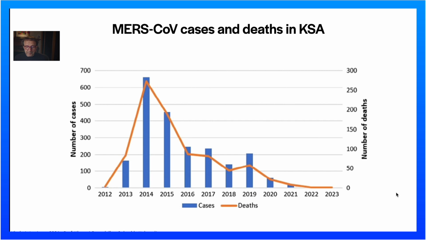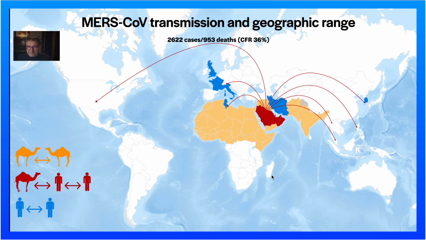This is an epidemic curve of the cases in KSA from 2012 to 2023. And you can see the cases are in blue, peaking in 2014 and slowly reducing as we became more aware of how to mitigate this exposure. And the deaths are quite high as well. But again, this is where the vast majority of cases occur. In fact, all of the index cases occur here. Everything else is a travel-associated case. Nobody gets MERS in any of the other countries where camels have the virus.